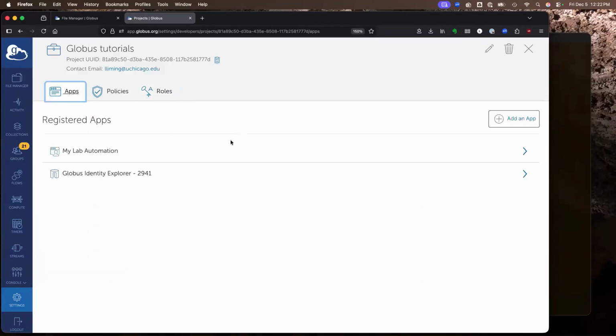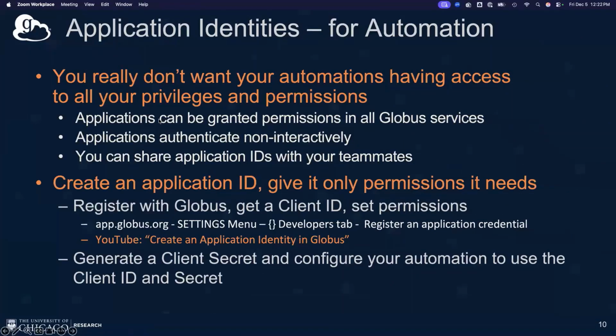So yes, you can share, and they can generate secrets. They obviously cannot get the secrets that you've generated. You have to give them to them out of band somehow because Globus won't do it for you. But they can definitely get the client ID and generate new secrets if they need to. So somebody could pick up that client ID and start managing it if you leave the project. Okay, good question. The other thing that's great about application IDs, and the third reason, and this is really the